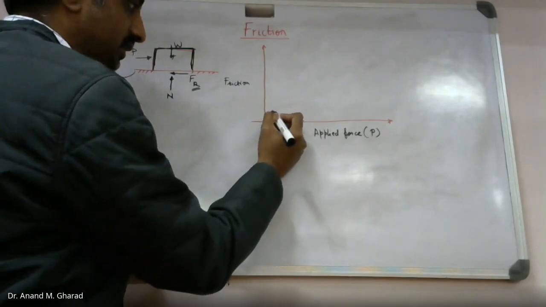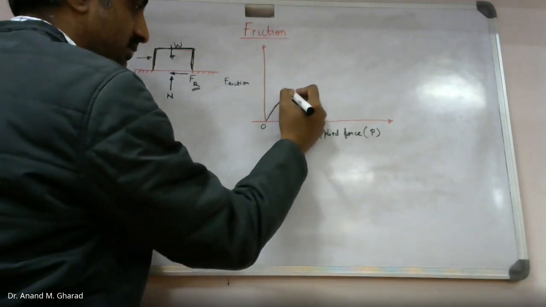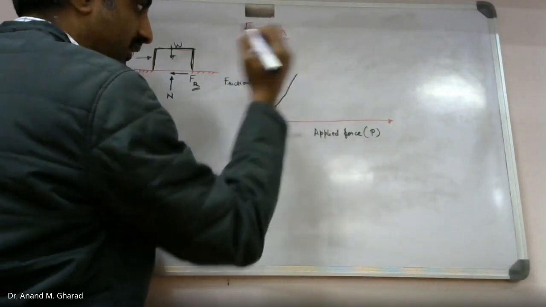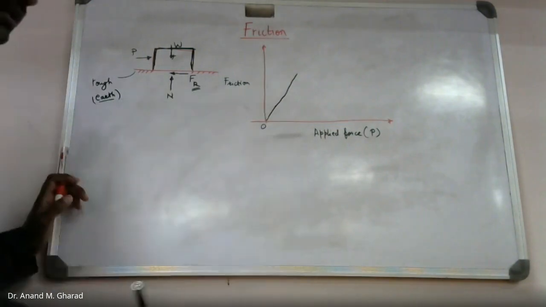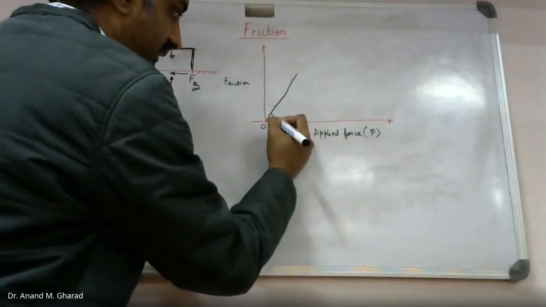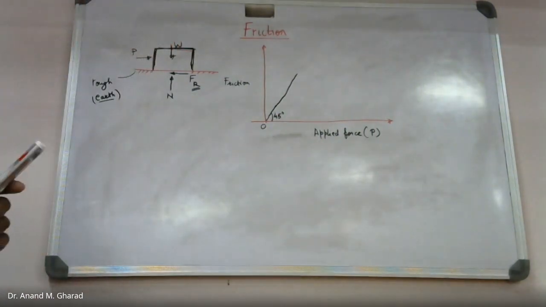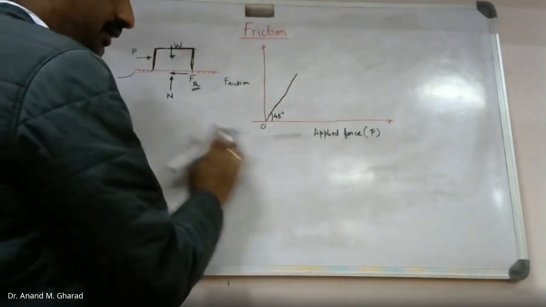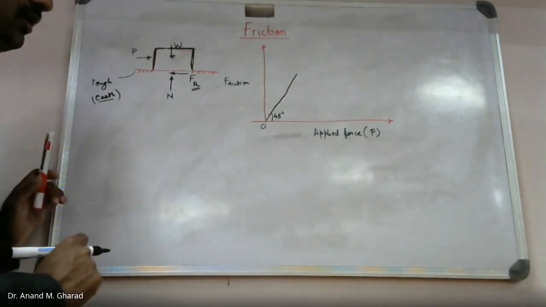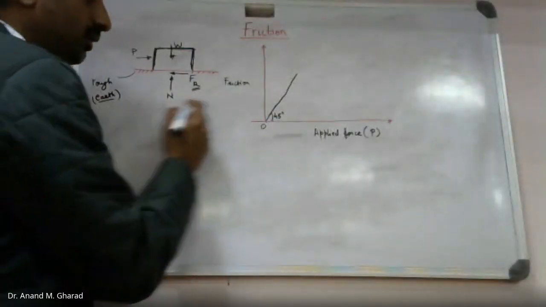With the increase in the applied force, the frictional resistance increases somewhat linearly as shown in the figure, and the angle observed is 45 degrees. This is the experimental evidence I am talking about. It will increase with the increase in the P value up to a certain limit,